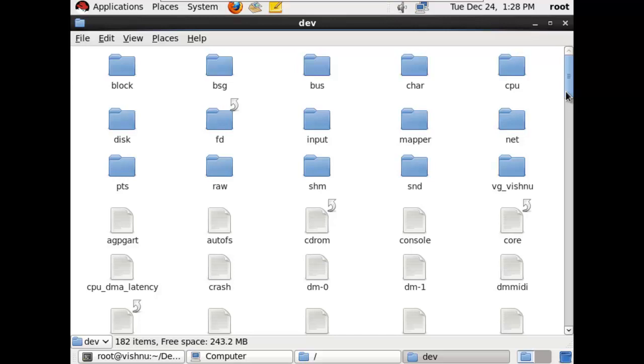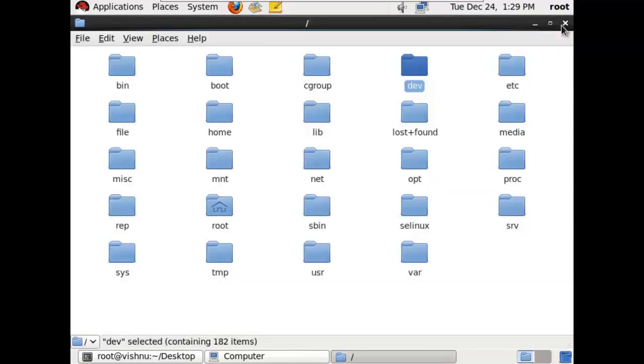All of these external devices appear in the form of files inside this dev folder. Actually, inside the root drive we have many folders like boot, file, home, but if you want to see the external device that you have attached to the Linux server, then you will focus on this dev folder, whose full form is device,